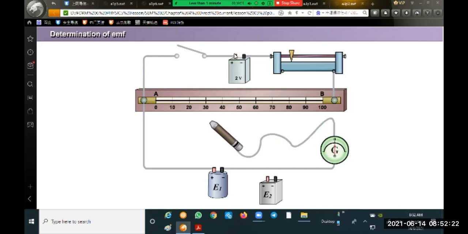Okay, now after we talk about the accumulator, we go to the circuit. The circuit now is connected